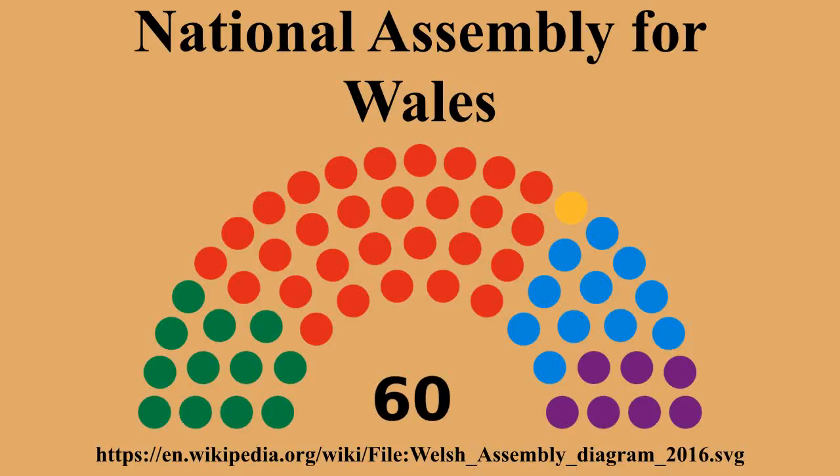The Assembly was created by the Government of Wales Act 1998, which followed a referendum in 1997. The Assembly had no powers to initiate primary legislation until limited lawmaking powers were gained through the Government of Wales Act 2006. Its primary lawmaking powers were enhanced following a yes vote in the referendum on 3 March 2011, making it possible for it to legislate without having to consult the UK Parliament or the Secretary of State for Wales in the 20 areas that are devolved.